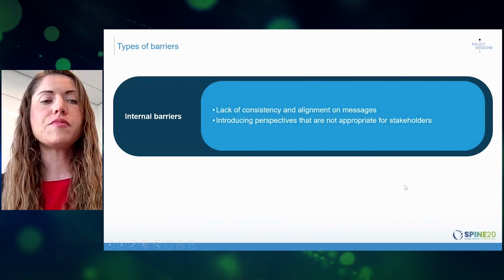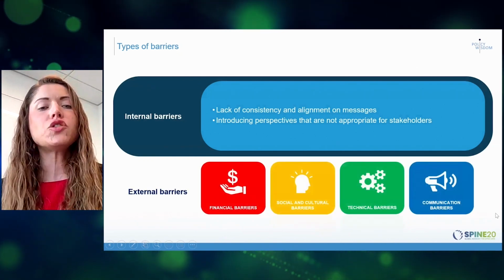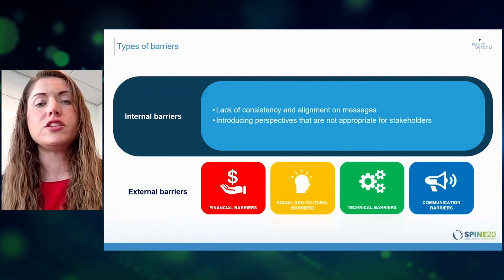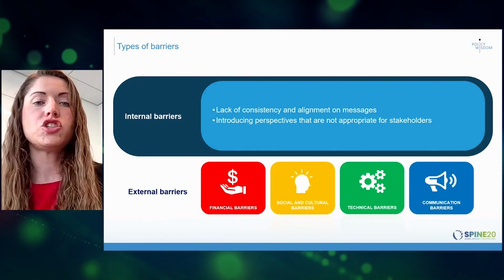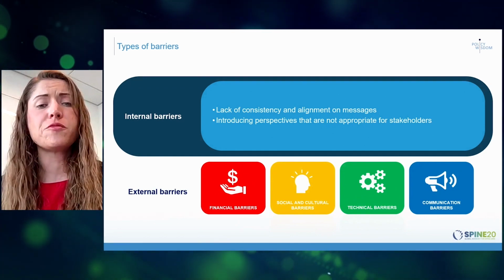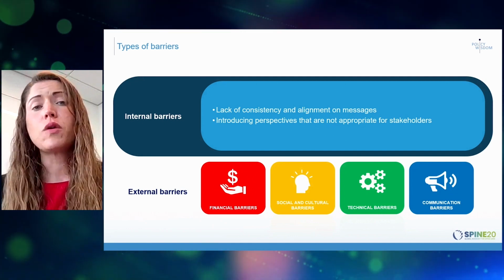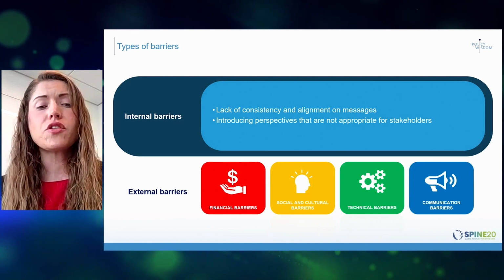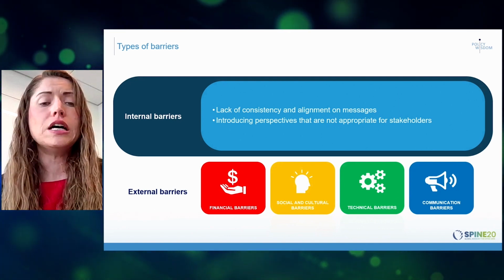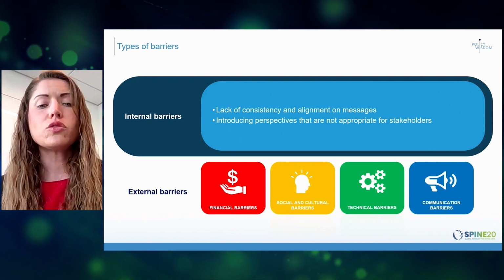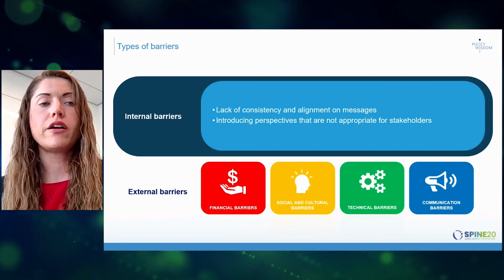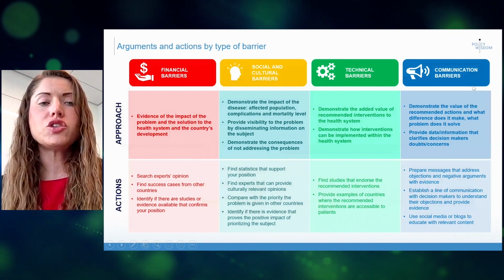And now in terms of the types of barriers, we have the internal barriers. That's lack of consistency and alignment on your messaging, leading to miscommunication, and also introducing perspectives that are not appropriate or relevant for the stakeholders that you're trying to target. And then in terms of the external barriers that I'll cover in a moment, we have the financial barriers, social and cultural barriers, technical barriers, communication barriers. So looking at each of those,